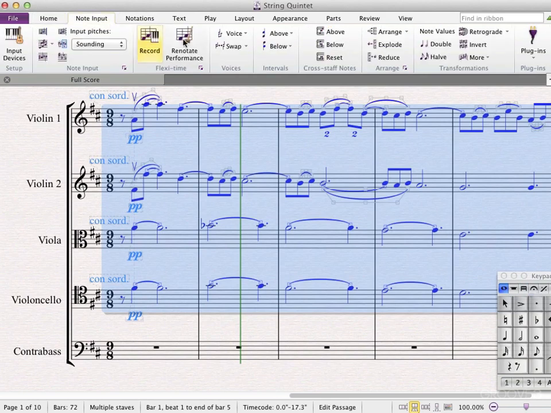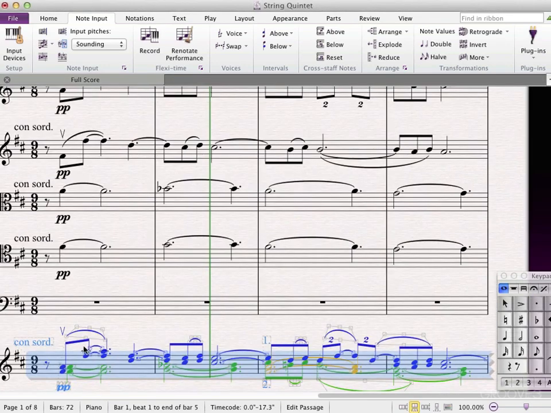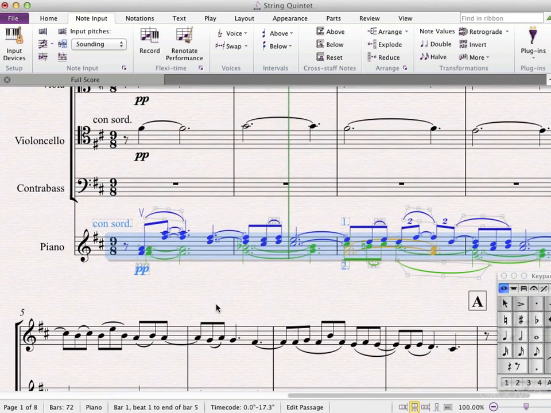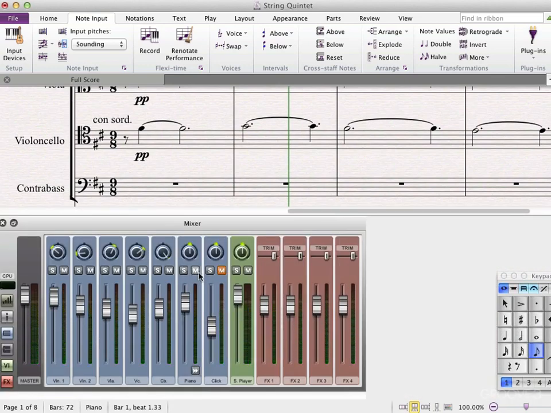We'll go to note input and reduce. We want to create a new destination staff and we'll call it piano. Hit OK. And you can see down here it's created as a new staff. If I go to the mixer and then this time I solo the piano,